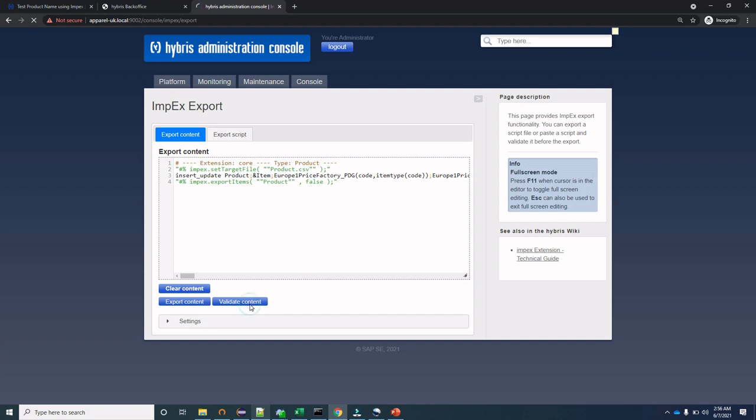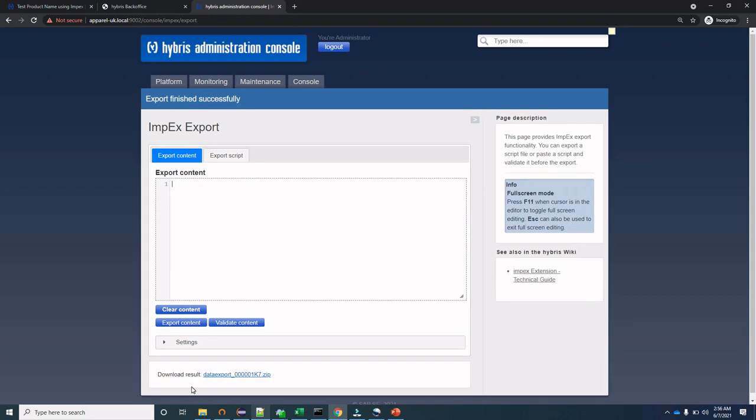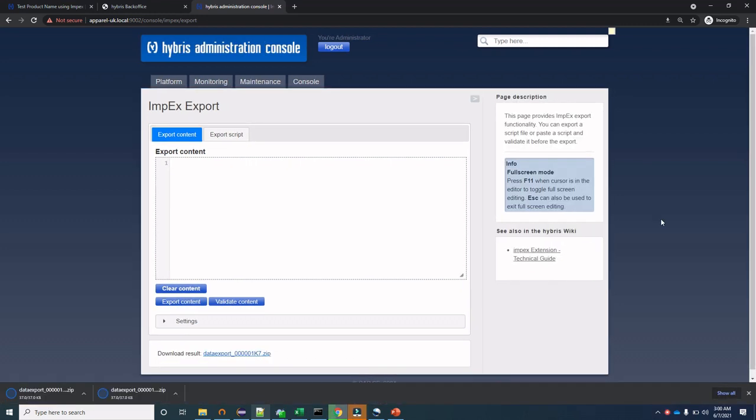We'll validate the content and let's click on export content. So here now you can see that this zip file is downloaded. Now suppose you want to do the export of only one product, so how can you do that?